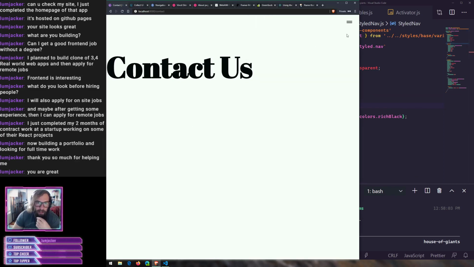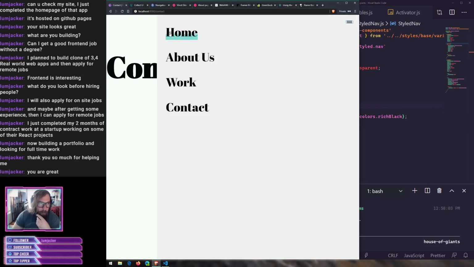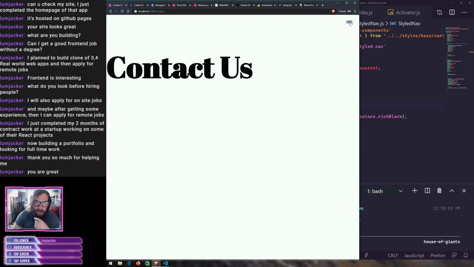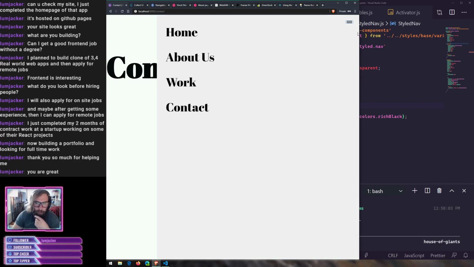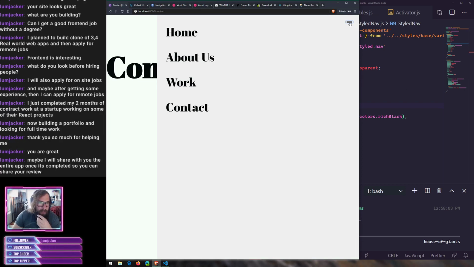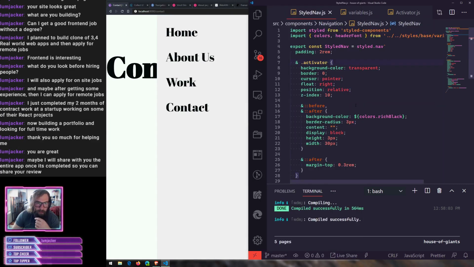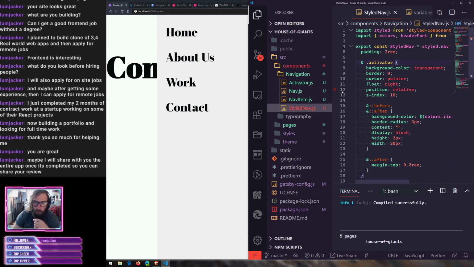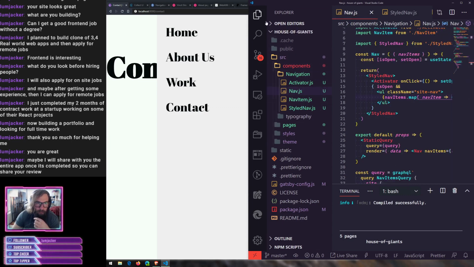Cool. So we've got the toggle working. We've got a nice little hover state on our navigation items. I think what we're going to do now is leverage Framer, like we talked about, to actually animate the navigation and stuff in. So let's go ahead and do that. If we go to our actual nav file here,